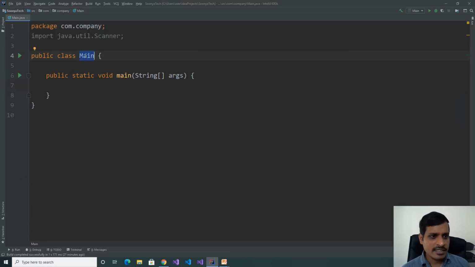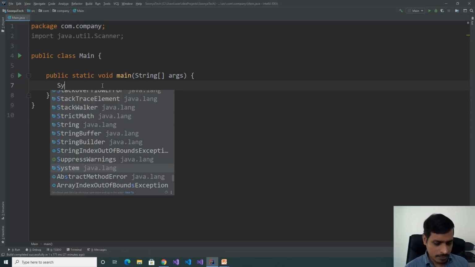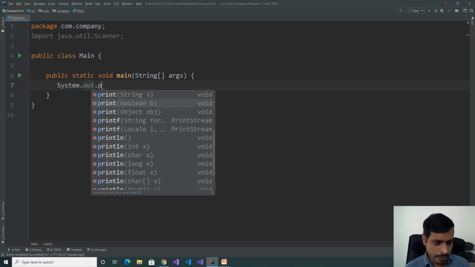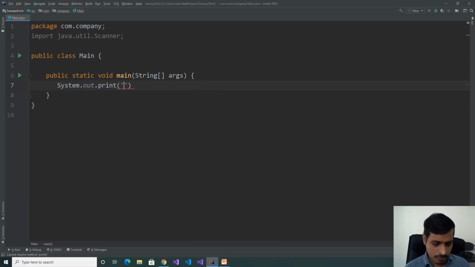Here we have the main class. This class contains the main method. Read the input from the command prompt. System.out.print "Please provide input search item".